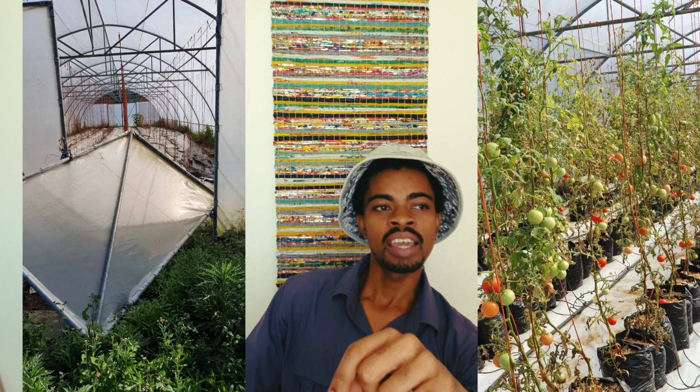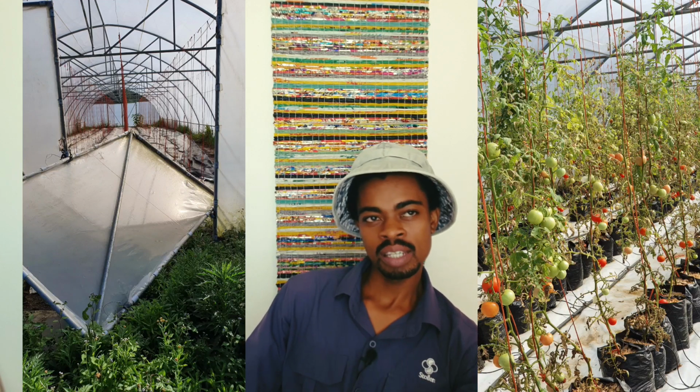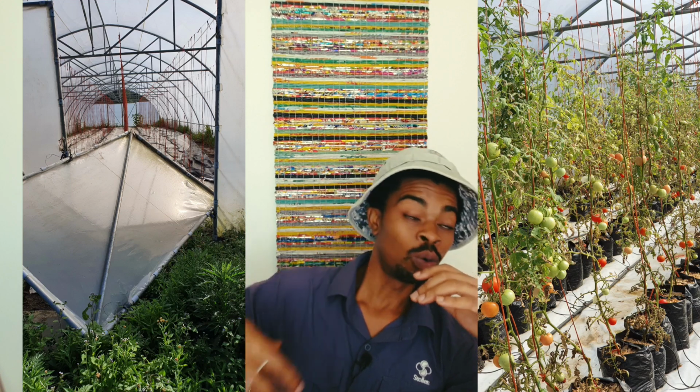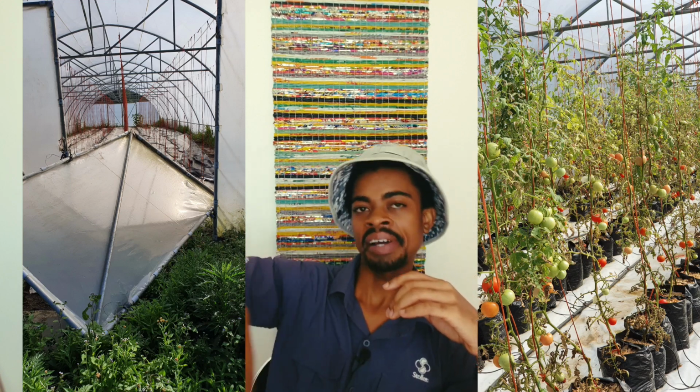If it's open, it's allowing in air. There's nets in there so that insects don't come in. It's not just a free-for-all. You need to think about these things, because if you don't think about these things, the insects will come in there. It will lay eggs. It will spread a horrible disease. And because you're in a tunnel, it'll spread like wildfire. So very important that you pay special attention to